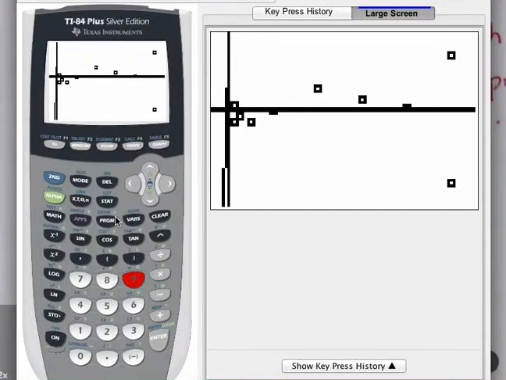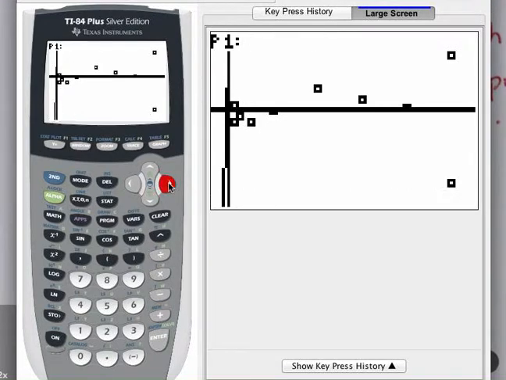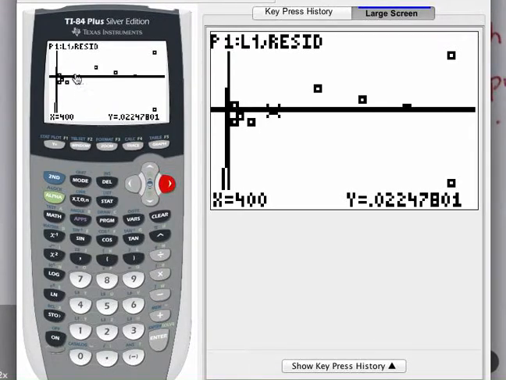So if I look at this, I don't see much of a pattern. Sometimes the residuals are above the x-axis, sometimes they're below. It looks like these residuals over here are a little bit bigger when the number of milligrams of nitrates rises, and we could trace it to see what those actually are over there. So right here, I have a very small residual where X is 400. Again, I have a pretty small residual where X is 800. We're trying to make a prediction in this area here where X is 500, and I don't see very large residuals there. The residuals get a little bit bigger over here where the values of X are larger at 2000,